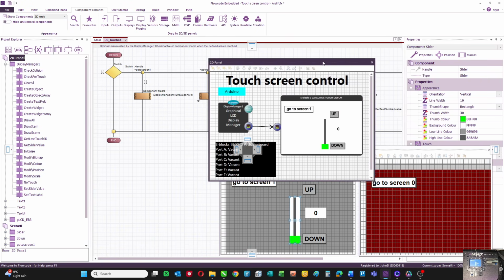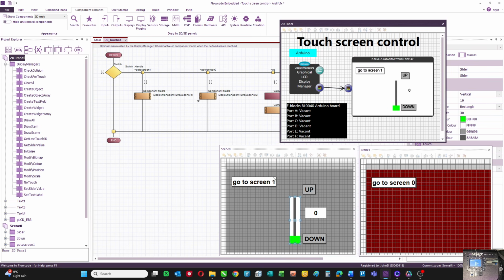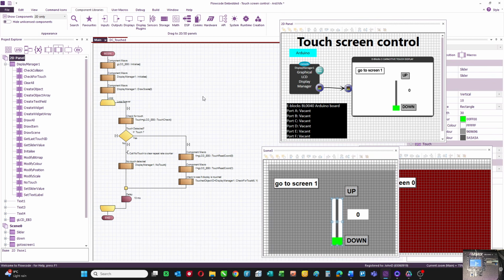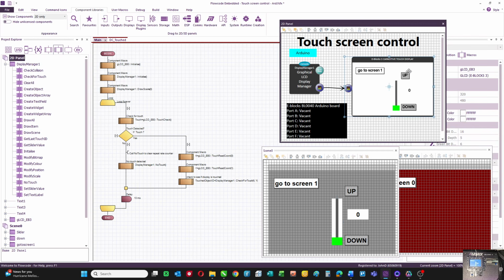So that's looked at how the actual individual touches are controlled. The program itself has one more thing that you need to understand. This is the entire program. We initialize the display and the display manager, and we draw scene 0, this scene here. And then in this endless loop, what we do is we issue a hardware macro call where we're testing for a touch. We issue the touch check macro. If it is touched,